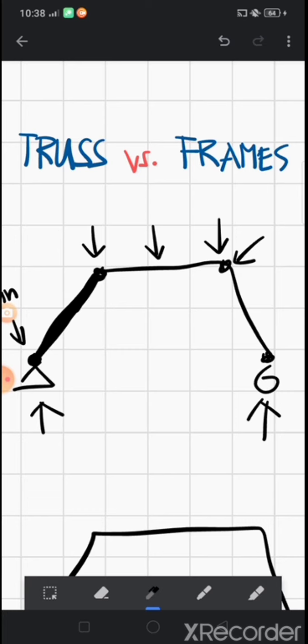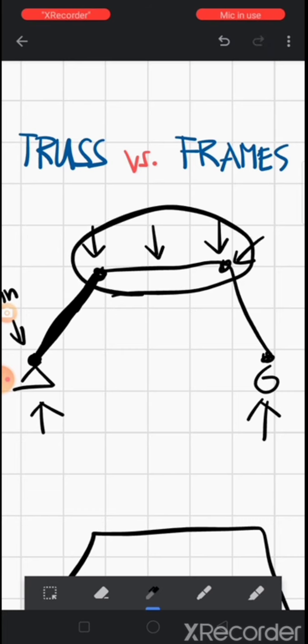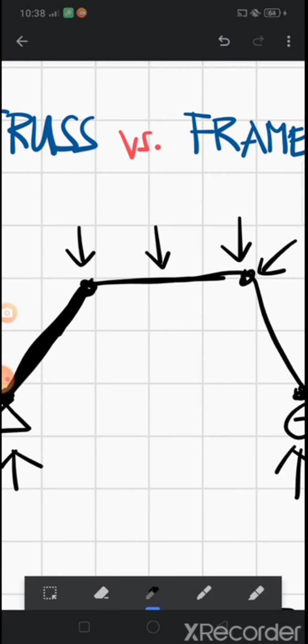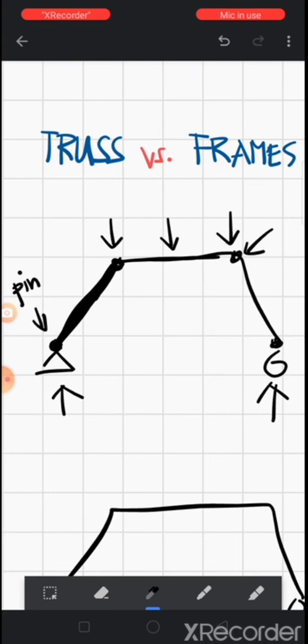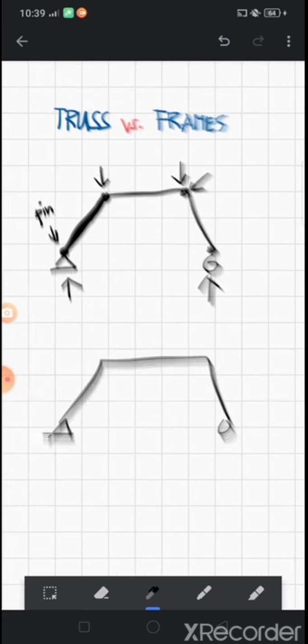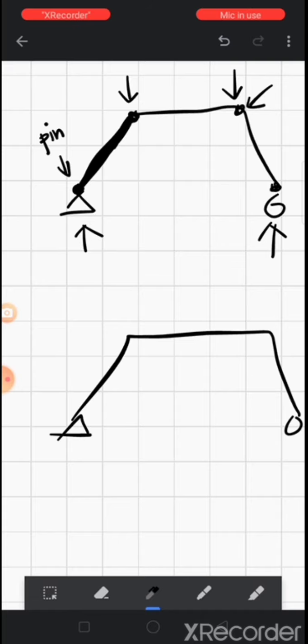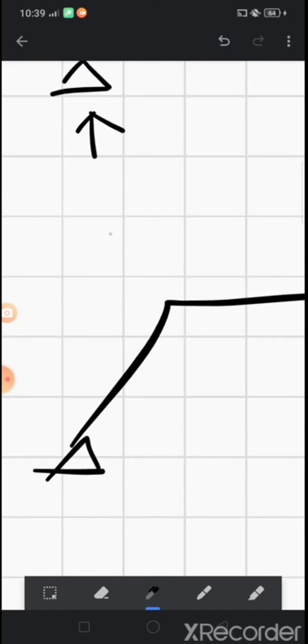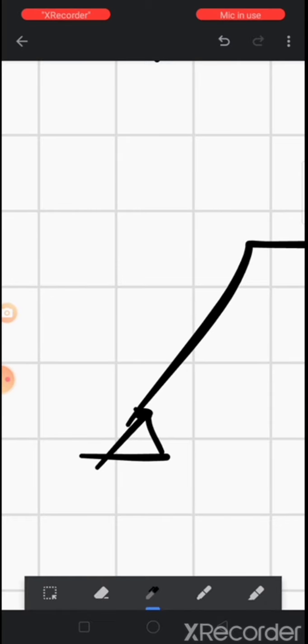Because if you put a force in between a member of a truss, this member would become a 3-force member. So in other words, a truss should only have 2-force members. So moving on to the frame, on the other hand, you can join every member of it